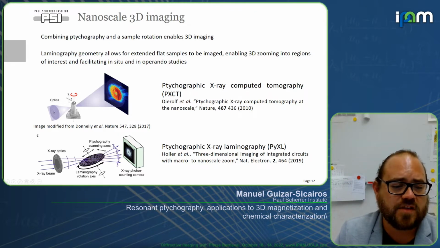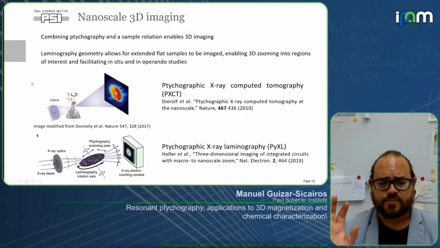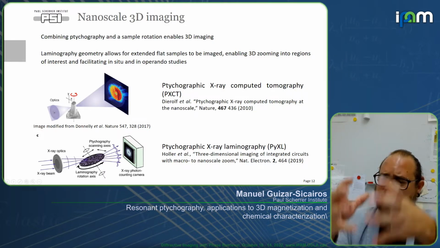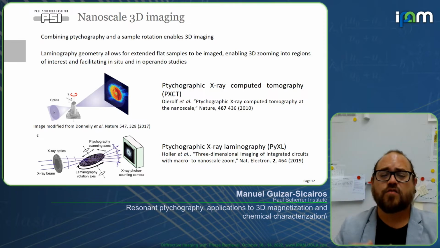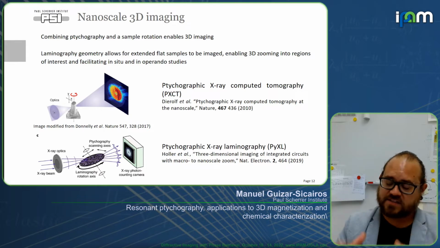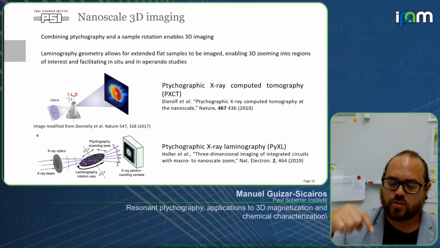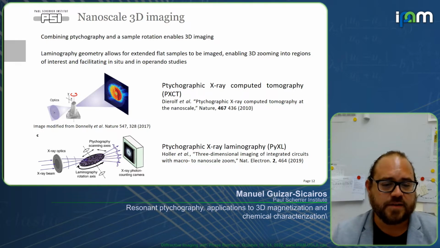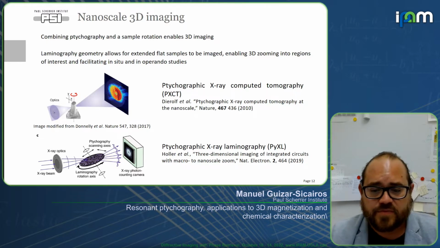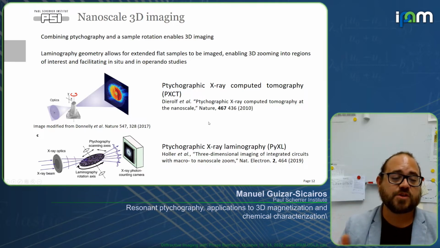One is rather conventional ptychographic tomography, where you have a sample that is basically prepared as a pillar of diameter between 10 and 100 microns, so that you can access it from 0 to 180 degrees. The second one is ptychographic X-ray laminography. The difference between these two